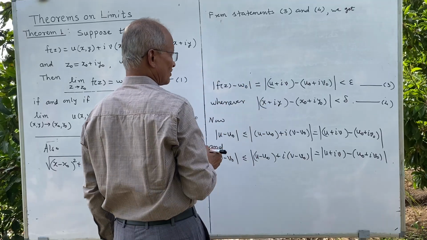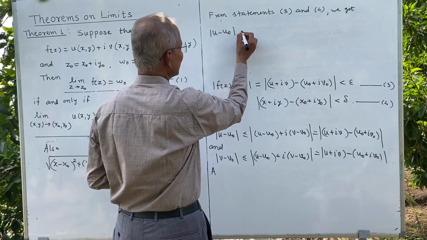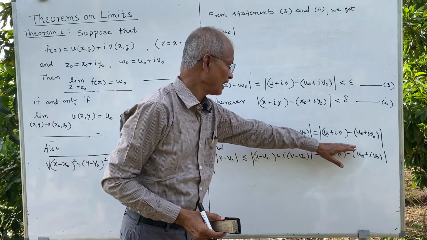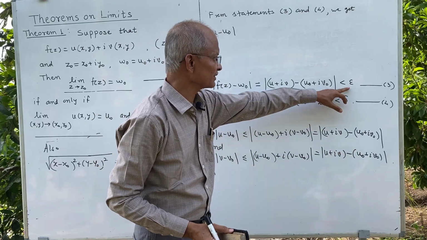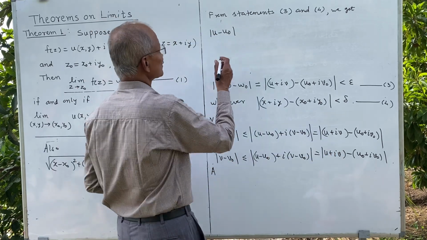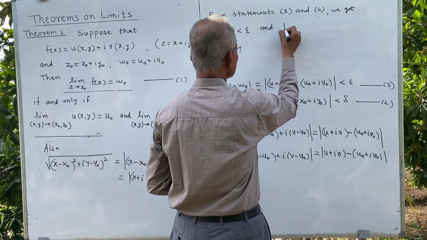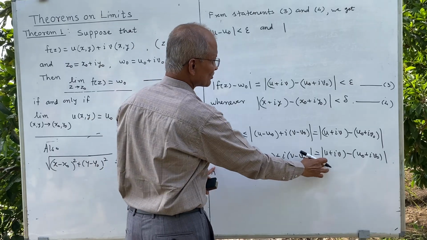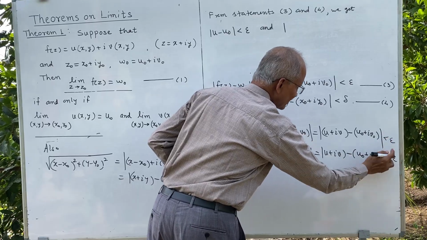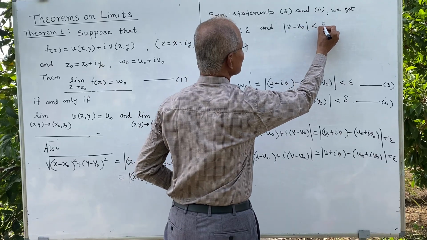Now you see, what about this mod of u minus u naught? It is less than or equal to this expression, and this expression is here, which is less than epsilon. So that means this quantity is less than epsilon. So, u minus u naught is less than epsilon. And what about this? This is also less than or equal to the same expression, which is less than epsilon. So here also we can write this is less than epsilon from 3, and thus v minus v naught is less than epsilon, whenever